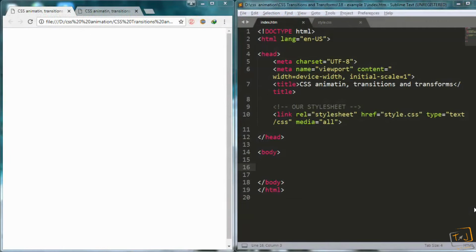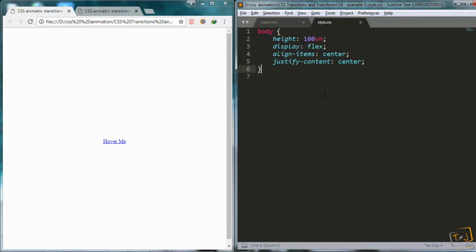Alright, so let's start by going here in my HTML and adding a link. And just say, hover me. Then I will go to my CSS and add some styles. I will target the link and add padding, 40 pixels from top and bottom, and 80 pixels from left and right. Then I will add font family,